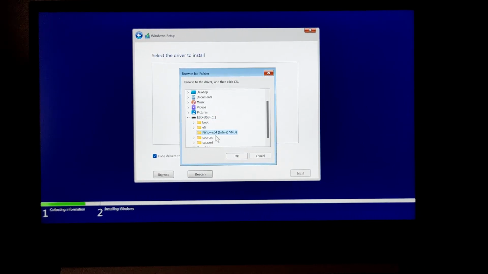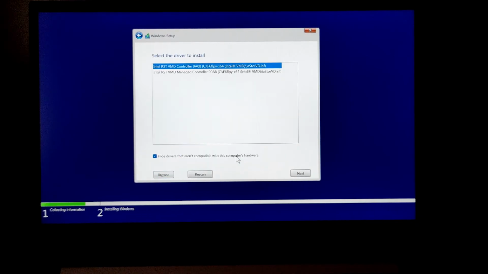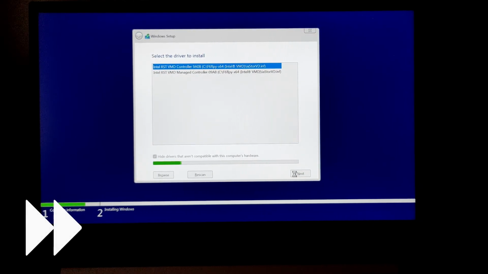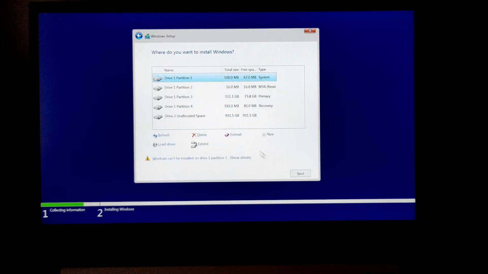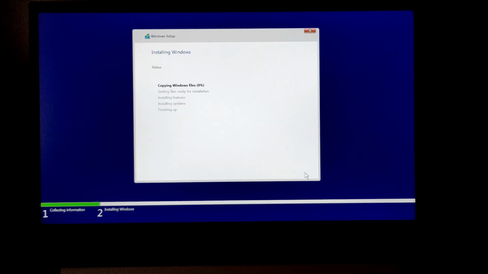Then hit OK. Select the first driver in the list, which is already selected by default. Then hit Next. Give it a few seconds to process. Then your drives will appear. Then just select the drive you're installing Windows on and hit Next. Then all you have to do is wait for Windows to install, then you're good to go.